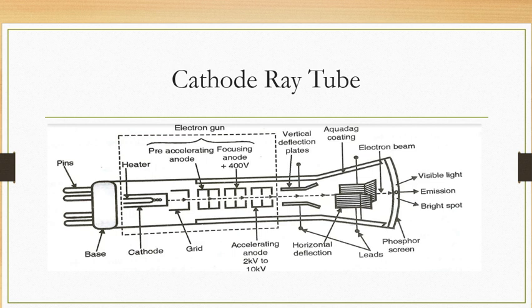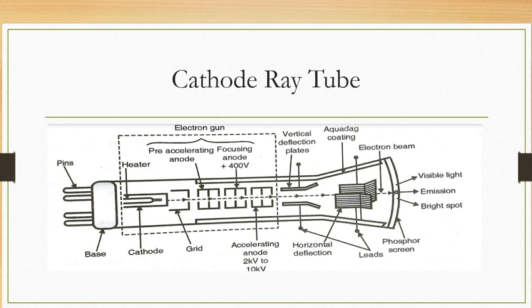Now let us see the next point. We have seen the heater, the cathode, and the work of the pre-accelerating anode and accelerating anode. We have seen that we have to create an electrostatic field between these two cylindrical anodes in order to compensate the repulsive force which causes electron repulsion, and we have also seen the focusing.